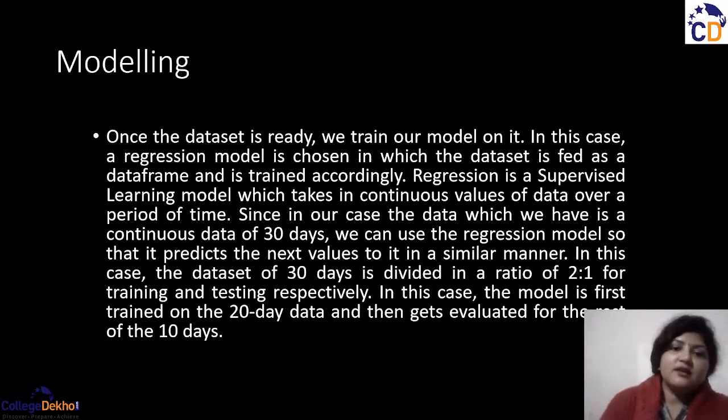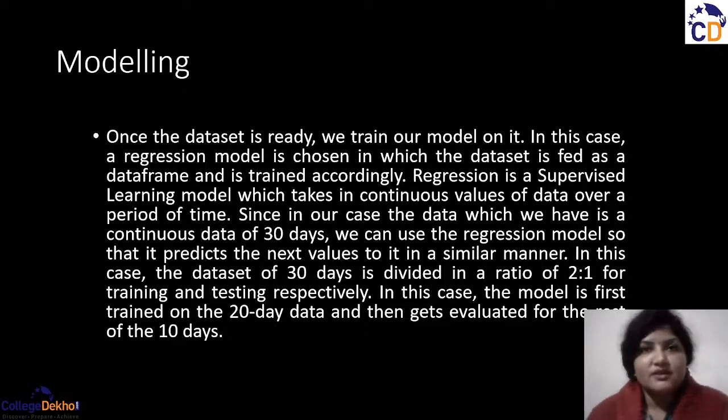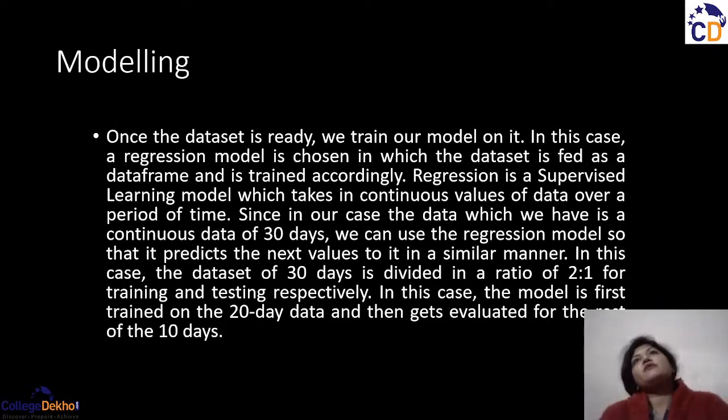It's a supervised learning model which works on real values, right? Whereas when we have classification, it works on categorical type of data. So when we have real values, when we have values to be evaluated, then we are going to use the linear regression method. So let me give you a brief introduction to